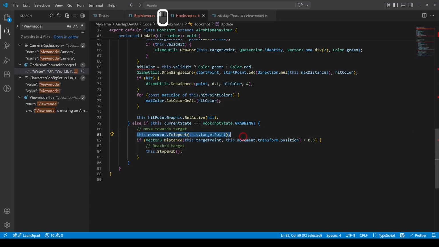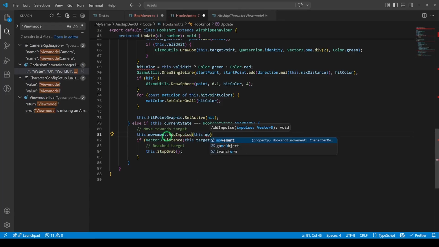If we just teleported every frame closer and closer to the target point, that will be very unoptimized because you'll be sending events across the server and also won't allow the physics engine to actually move the character and collide into things like it needs to. So instead of directly teleporting, we're just going to affect the impulse of the character. So that means adding an impulse, which is the direction,